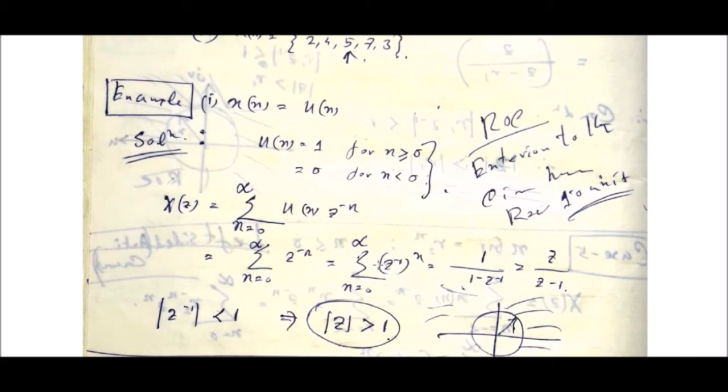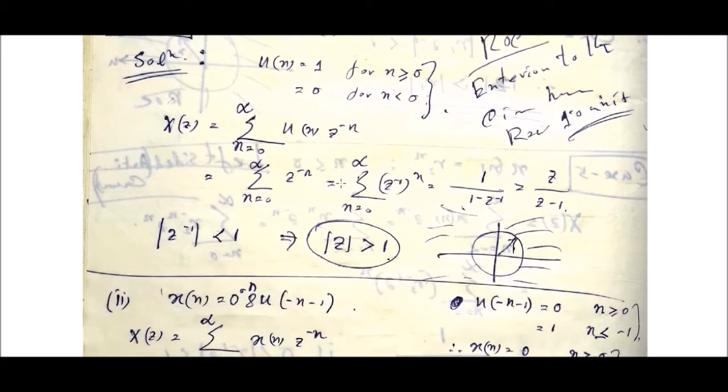Okay, if you do that, it is Z to the power minus 1, to the power n. If you now apply the formula of the GP series, it will be 1 by 1 minus Z to the power minus 1. Now this Z to the power minus 1 magnitude should be less than 1, or you can say the Z magnitude should be greater than 1. That means the ROC should be a region exterior to the unit circle. Since our radius value is 1, it is the unit circle. So the ROC should be exterior to that unit circle.